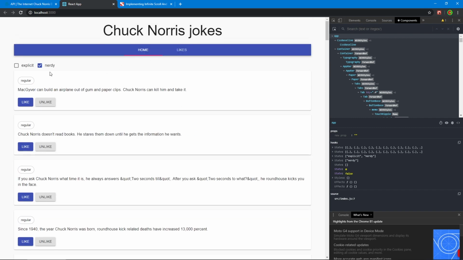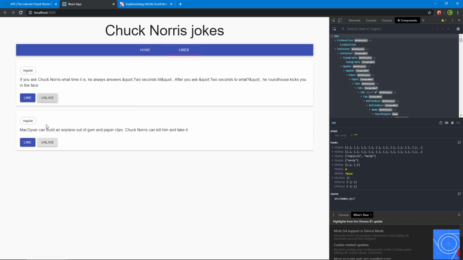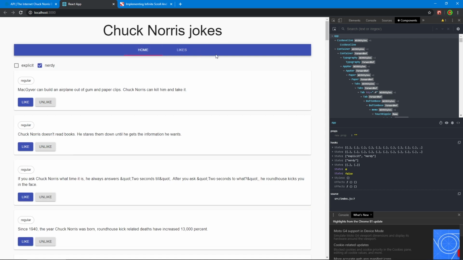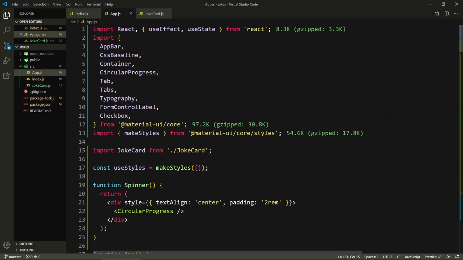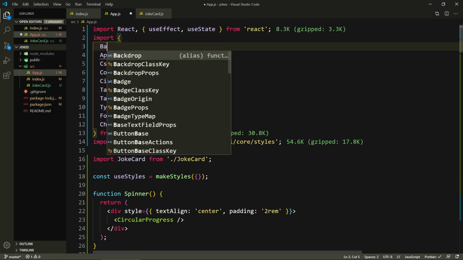The likes is working. One thing, actually, I want to add something to the likes. As we click here, we don't get any indication that they're being liked, but if we go, we see them. So I want to add a number here, which in Material Design is called a badge. So let's add that. We need to go to the top and import that, so import Badge